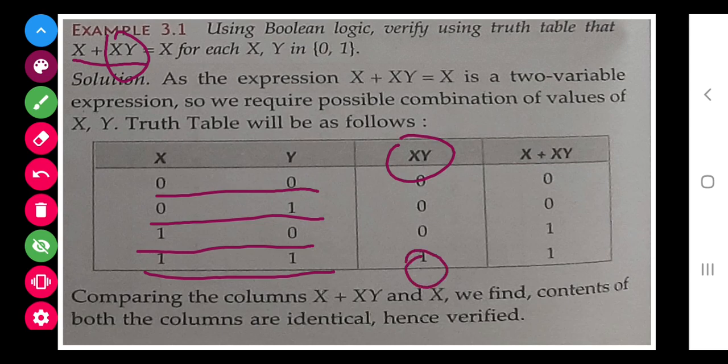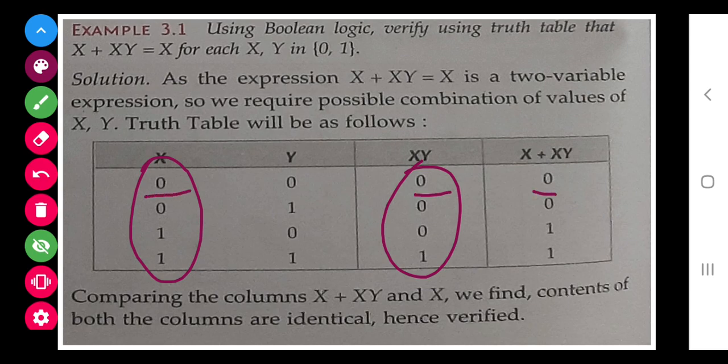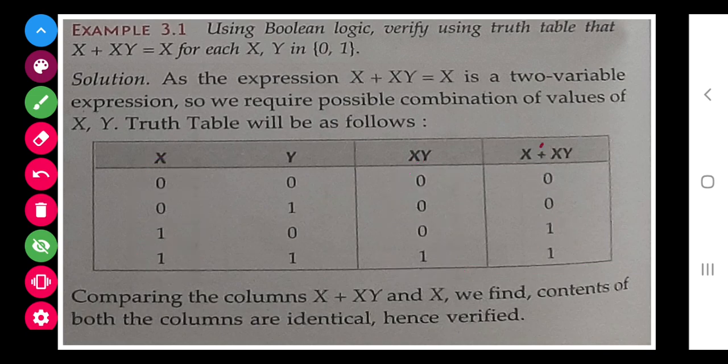Now finally what we have to get is this and this OR. So 0 0 OR is 0, 0 0 OR is 0 again, 1 0 is 1 and 1 1 is 1. The addition symbol is for OR.